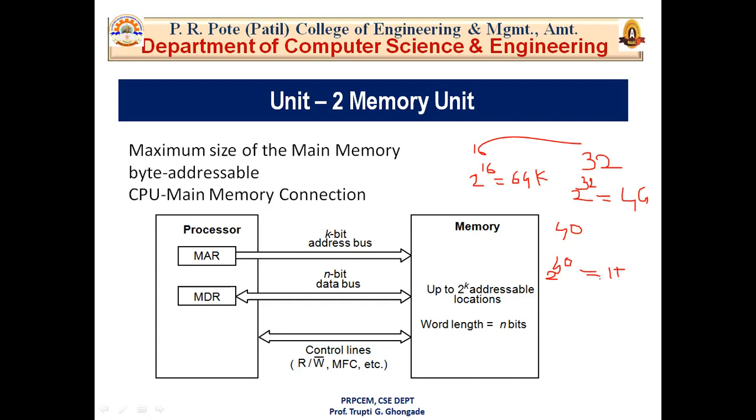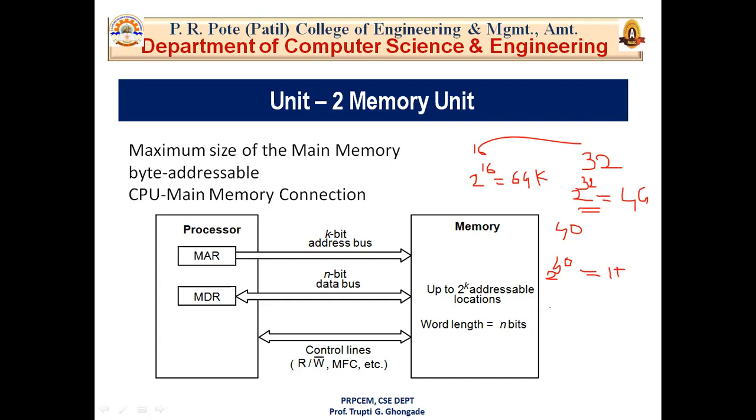Let's consider, for example, a byte addressable computer whose instruction generates a 32-bit address. When a 32-bit address is sent from the processor to the memory unit, the higher order 30 bits determine which word will be accessed, and the byte quantity, that means the lower order 2 bits of the address, specify which byte location is involved.